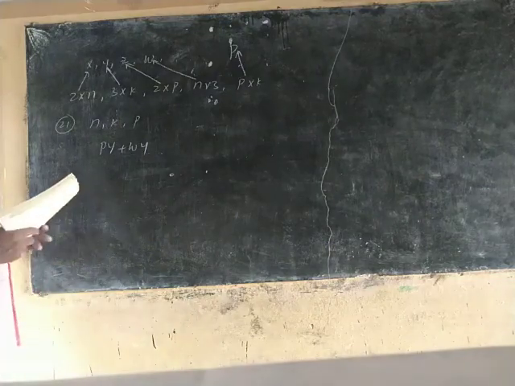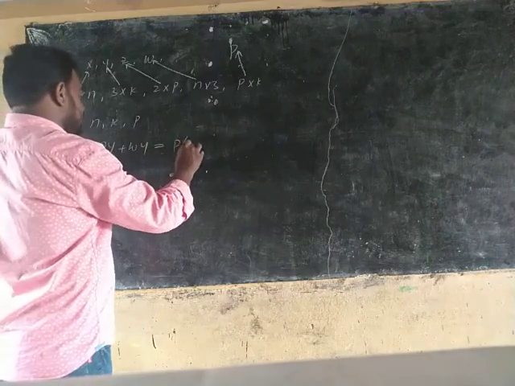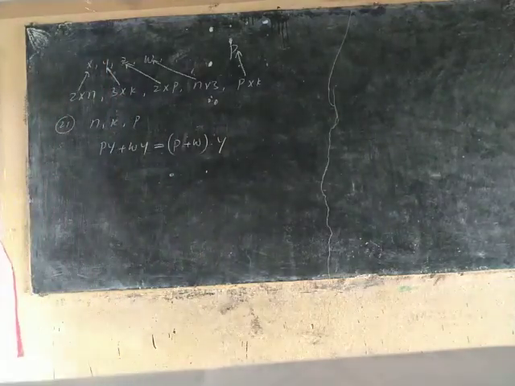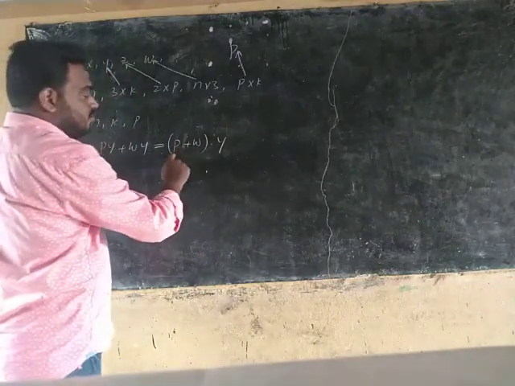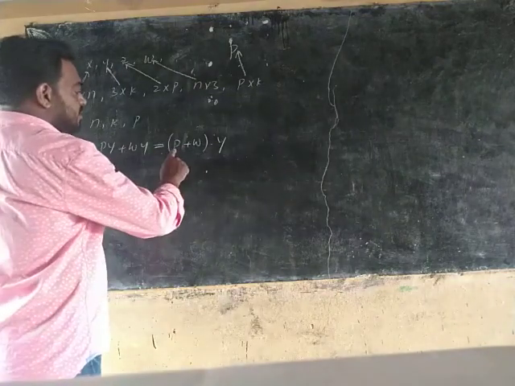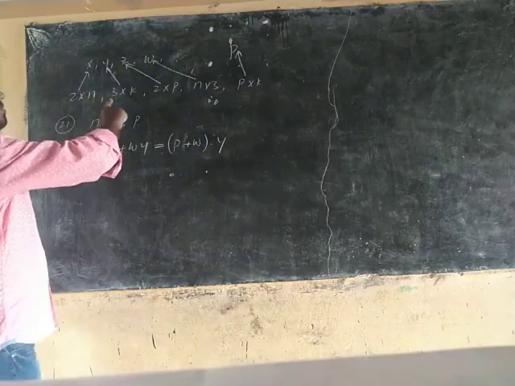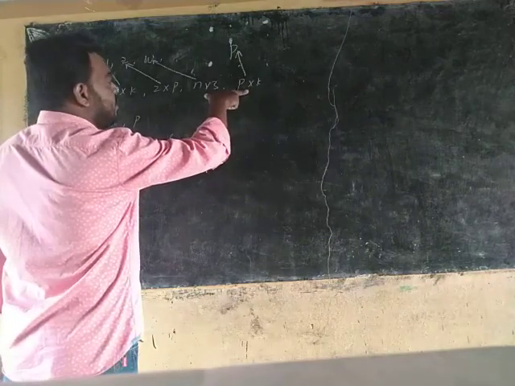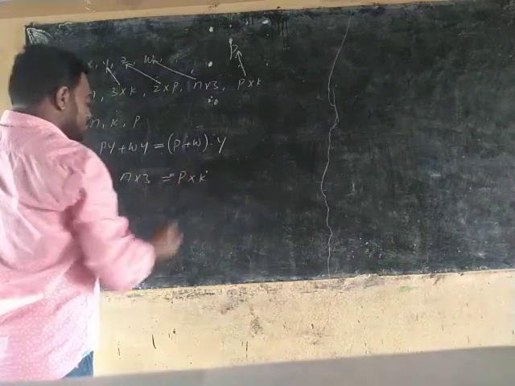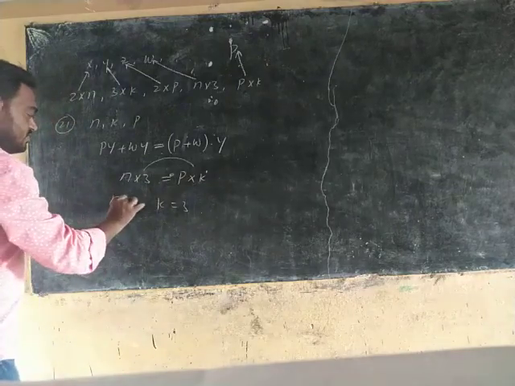How are we solving this one? You see, Y is common, no? So it is P plus W into Y. P plus W, the sum of the two matrices, exists if they have the same order, which means P and W orders are the same. Where the P matrix is this one and the W matrix is this one, that means n cross 3 order is equal to p cross k. From this what are you getting? k is equal to 3 and n is equal to p.